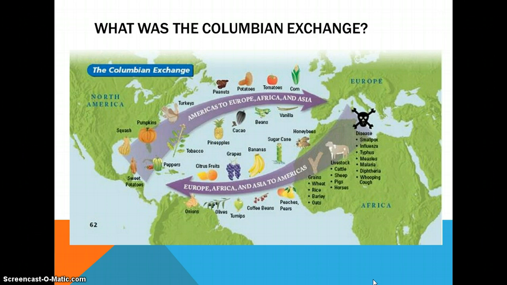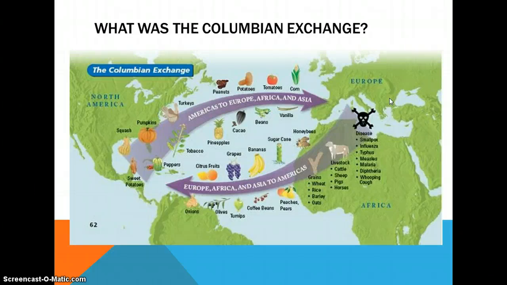All right, so what happens is we see all these goods going back and forth, and you might want to put some examples for your test. Like, you might want to put the example of potatoes. My wife is from Peru. Peru is famous for having all kinds of varieties of potatoes. So potatoes, we got tomatoes, we got corn. None of these existed anywhere in the Old World. They were not there at all until the Europeans came to the Americas and then brought them back. So these products then came to Europe, and they diffused throughout Africa and Asia as well.